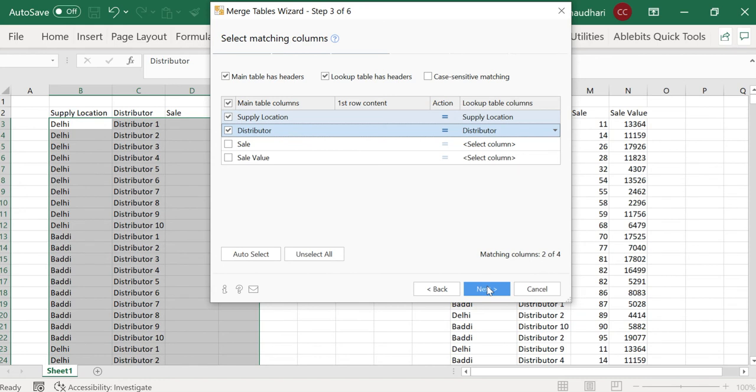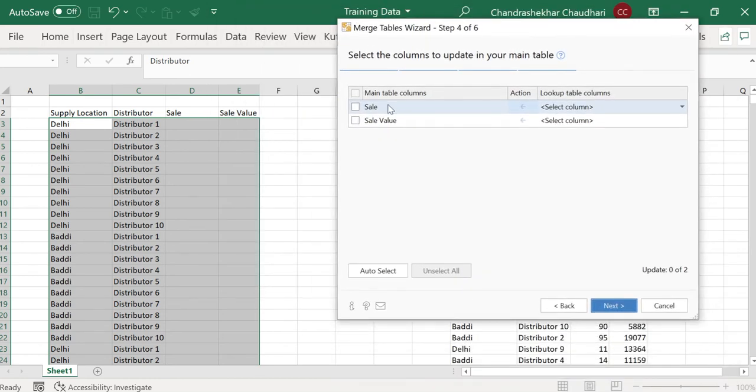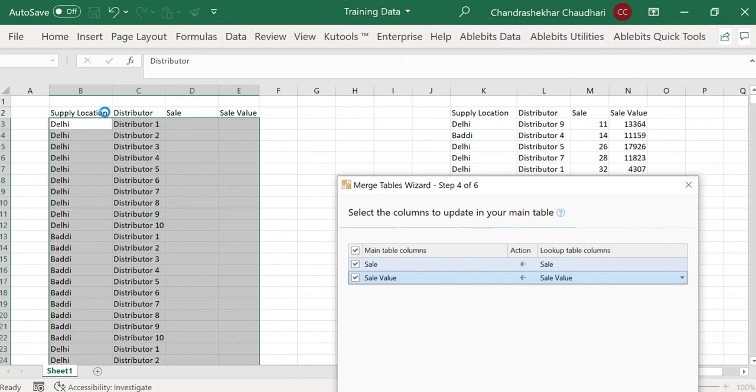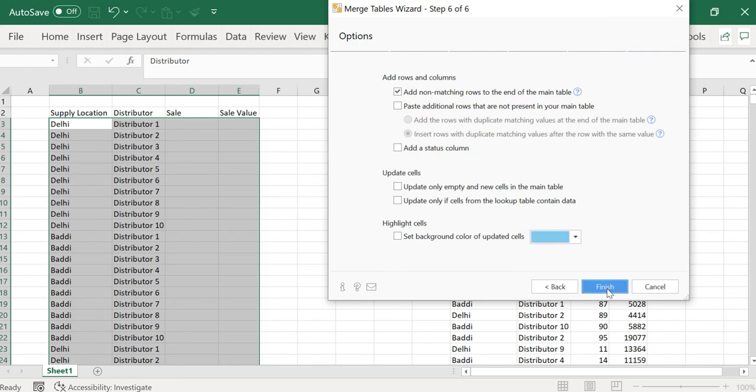So I click on next, and now it is showing me which data I can import from these two tables. So I select the cell and the cell value. What it is going to do from these two properties is look for exactly the same properties here and bring in the data of these two cells here. This is what I have selected, and I just go and click on next.